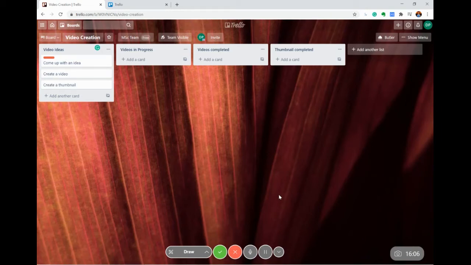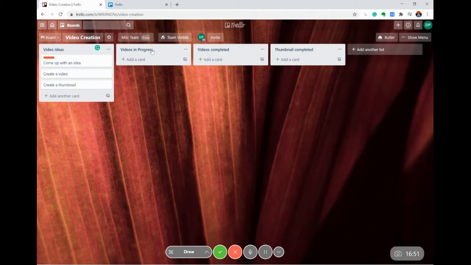So one thing is about adding checklists or adding attachments or giving a due date, etc. So let's come up with an example in which we can use all of these different things that we can do on a Trello board. So let's say that I was the one who came up with this video idea initially, which is right here, and then say there's another person who is responsible for creating videos. So he's the one who's going to take this idea from here and then take it to here where he will be proceeding with the